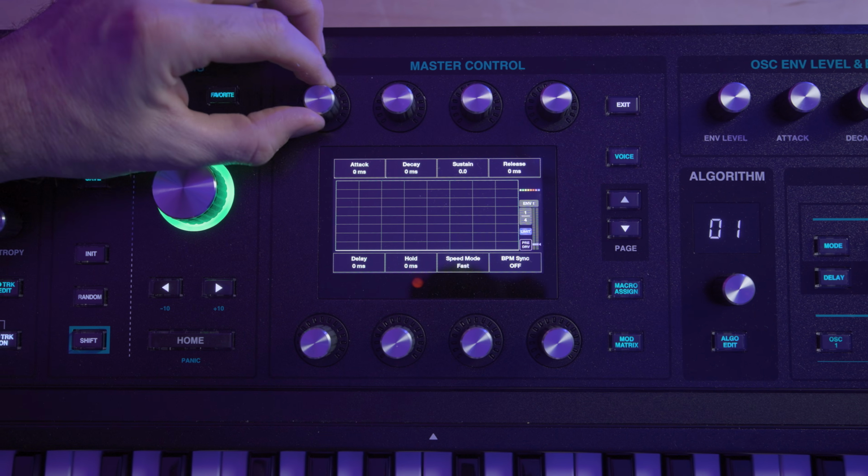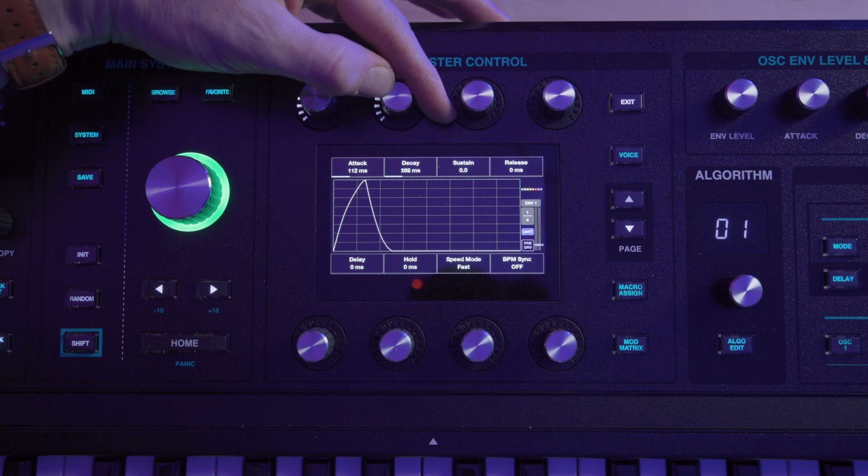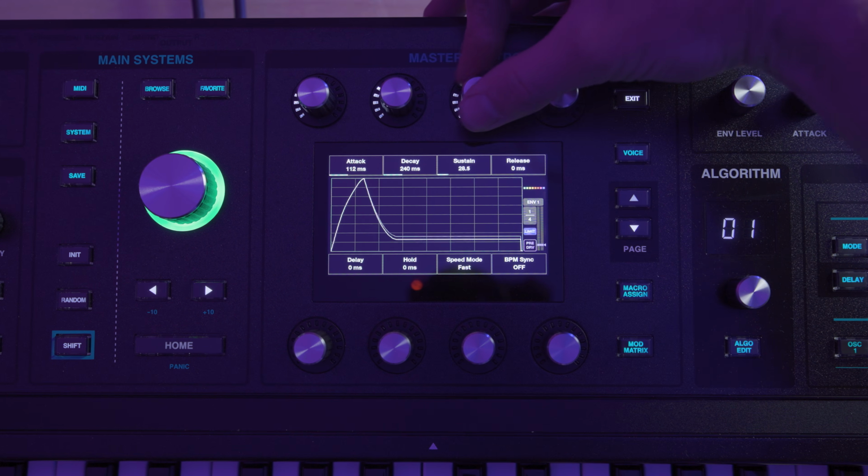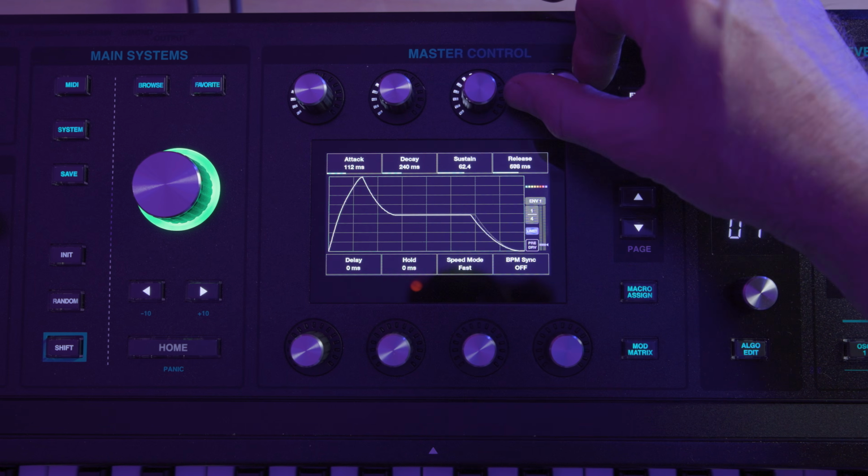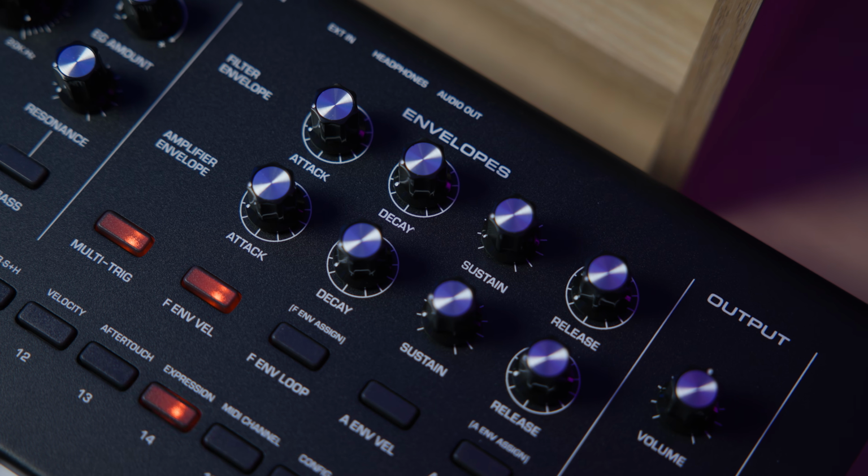Now, questionable poetry aside, envelope generators are an integral part of the art of sound design on synthesizers, and it's important to understand what they are and what they do. And if you're wondering what these 4 letters on your synth mean, well, this ends today, because in this video, we're going to take a close look at envelope generators and how you can use them to create interesting sounds